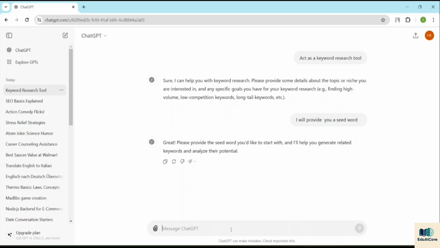Once you're done with both prompts, the first being that you told it to act as a keyword research tool, and the second that you will provide a seed word, the next thing you need to do is tell ChatGPT what you want from it. So I'll tell it that you will provide me with,